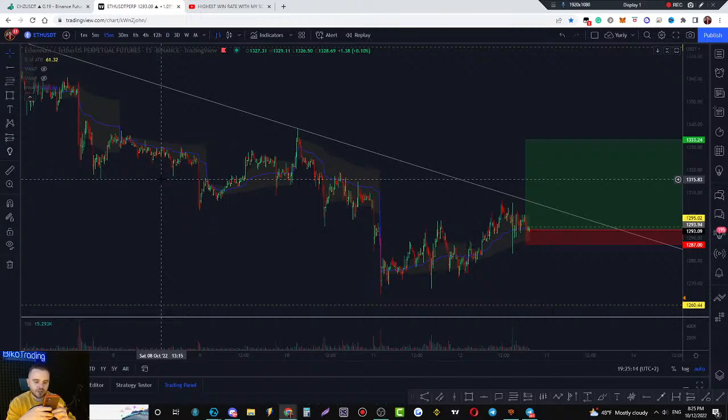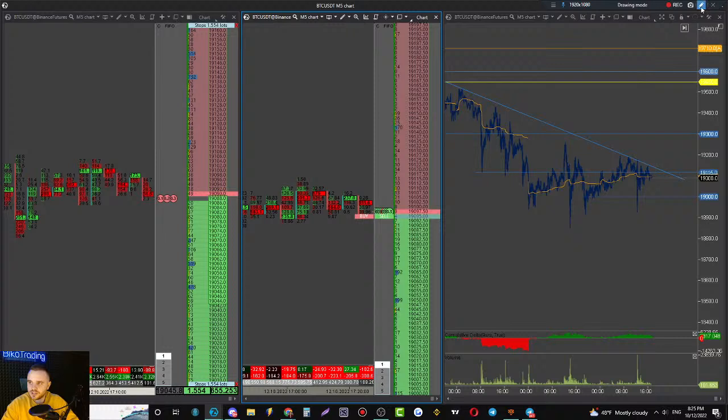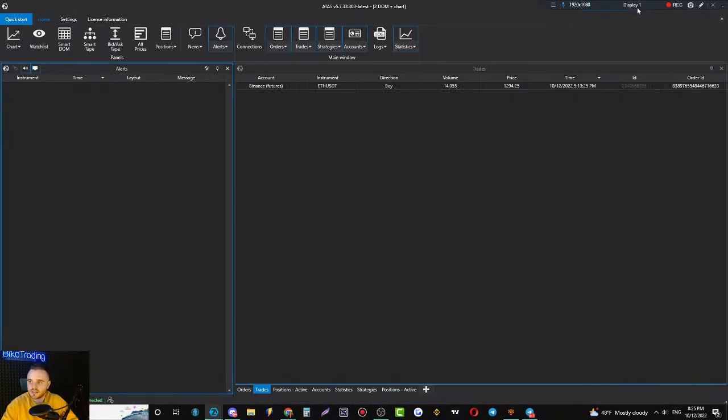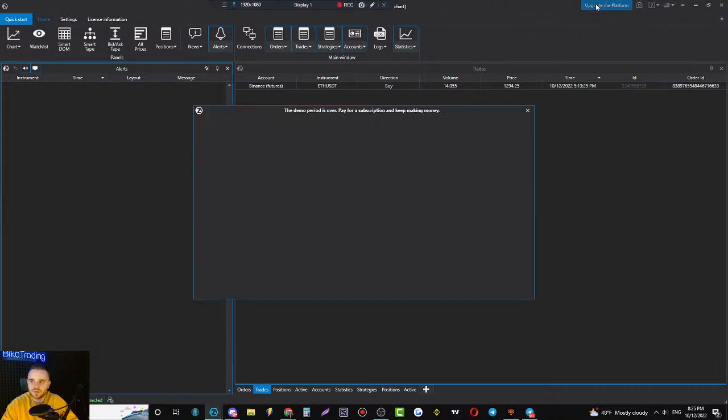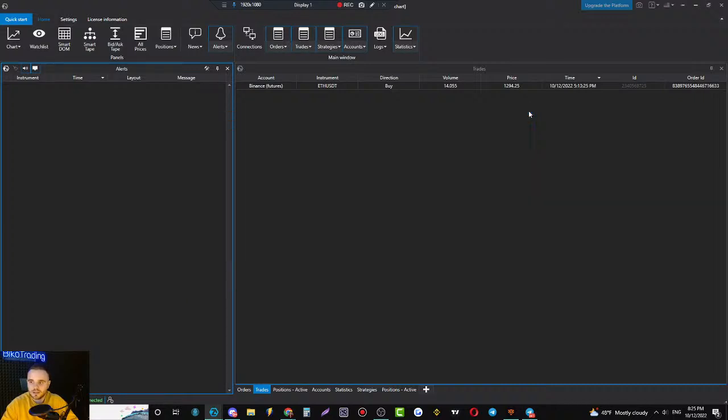ATAS F3 just for a test period. The platform that we are testing right now is 100% free for crypto at this moment. When you see messages like your test period has ended, that is for other users, like upgrade platform. I didn't buy any license, because I use the free license, and all of you can also use this.